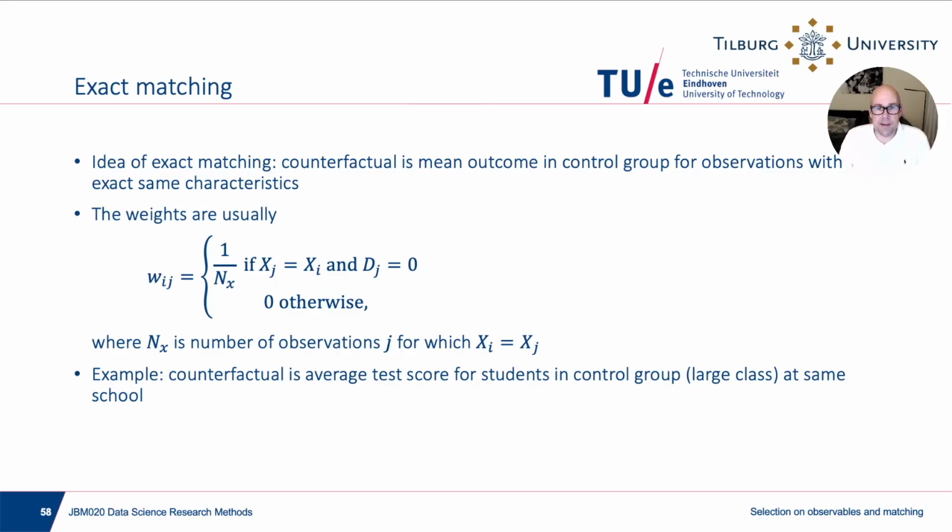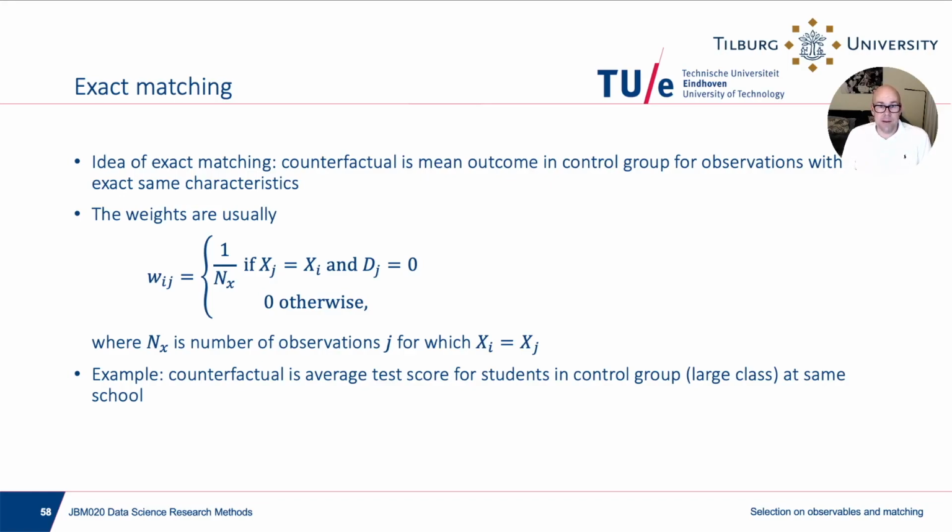Good, let's start with exact matching. So exact matching means when I have that treated unit, I want to look for a control unit that has the exact same x_j equal to x_i. Okay, so this is basically what I always talked about in these earlier examples for Project STAR. So this would be a unit in the exact same school, or in this advertising example, it would be a unit in the exact same group.